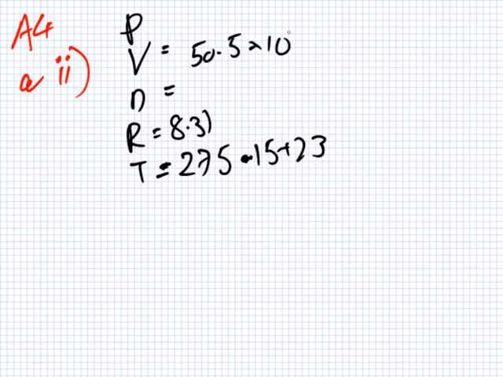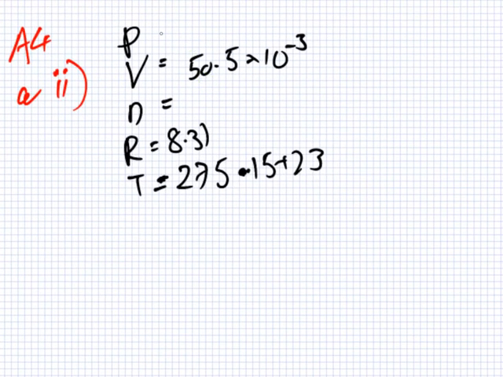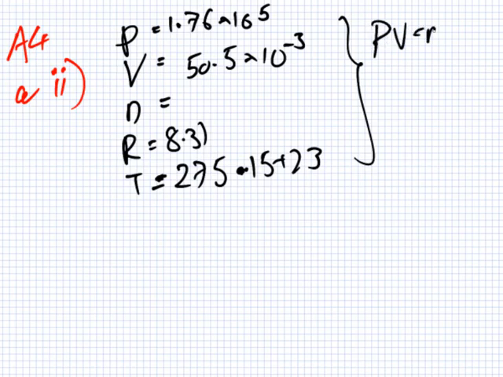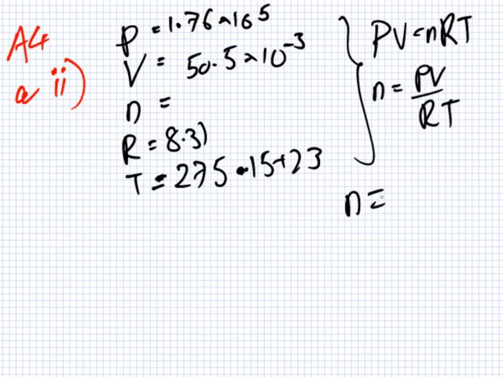50.5 times 10 to the minus 3. And the pressure? Times 10 to the 5 pascals. So if I use PV equals nRT, I get n is PV over RT. So that means n equals, okay,